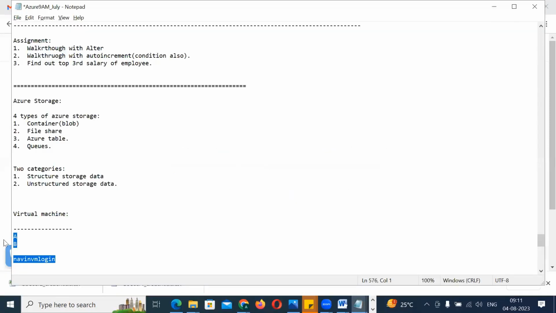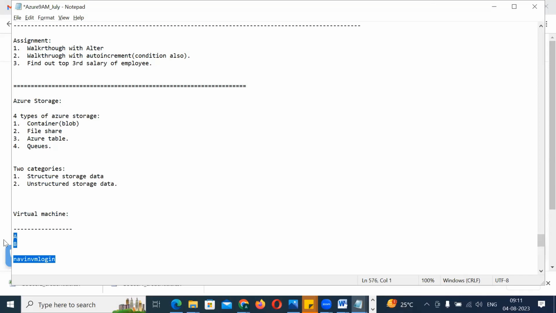Okay, so let's get started with the virtual machine once again. I'll just walk through the theory once again: why virtual machine, how to create a virtual machine. The main agenda for this training is that we would be connecting with the virtual machine, and we'll try to connect with three things: one with the lower configuration, one with the highest configuration, and we'll see how they